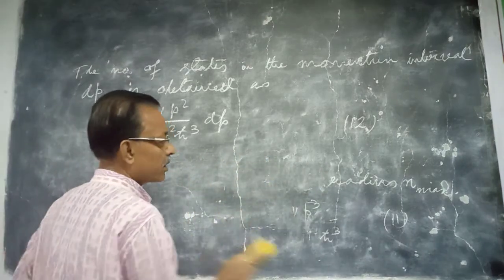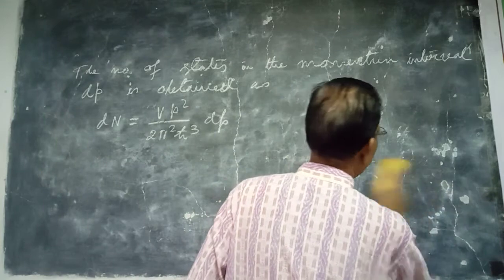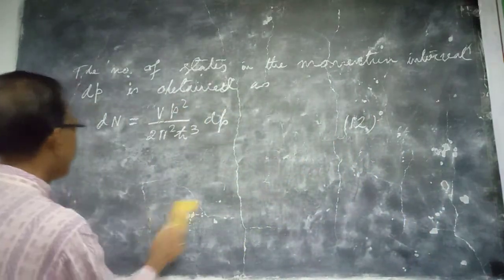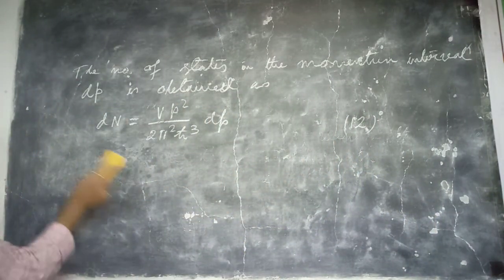So in this small momentum interval, this is the number of allowed energy states for the electrons. Either electron or antineutrino can go in any one of these states. These are the allowed energy states. So the partial probability for decay,